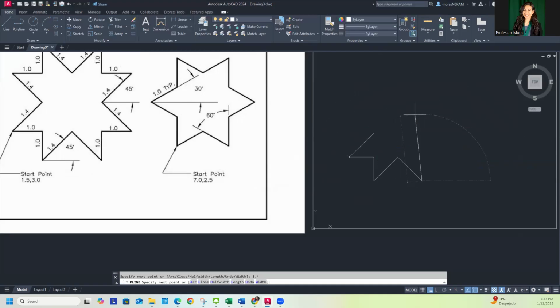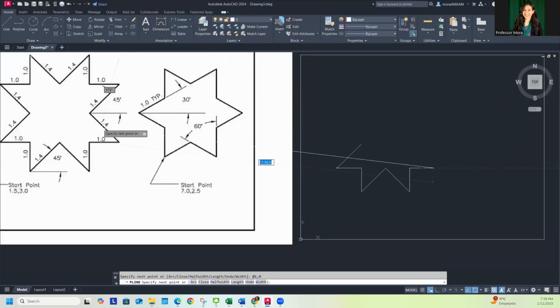All right, and then at 0, comma 1, and then I could do at 1, comma 0. And then right here, I can say at 1.4,